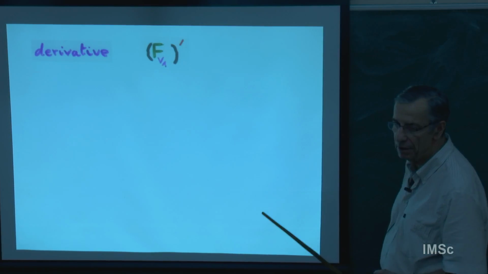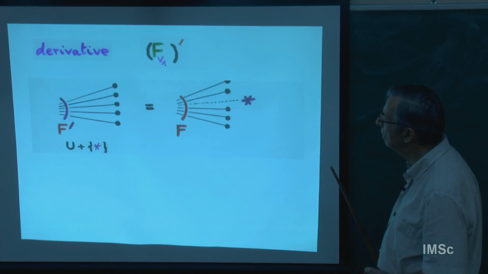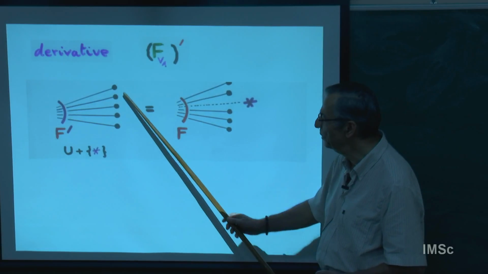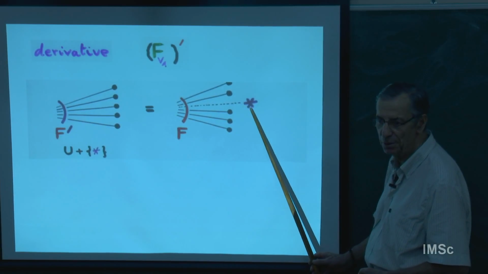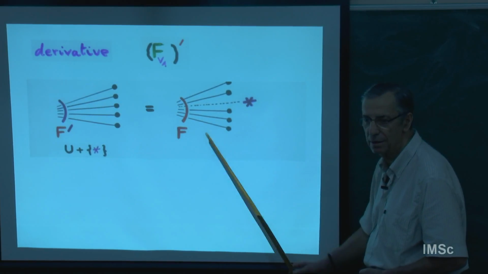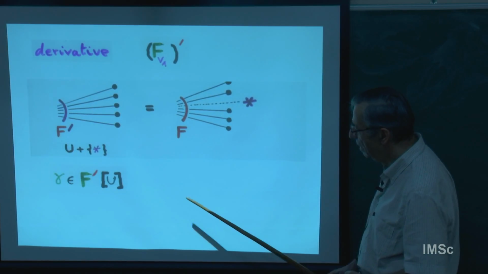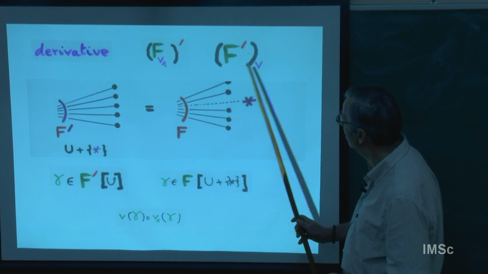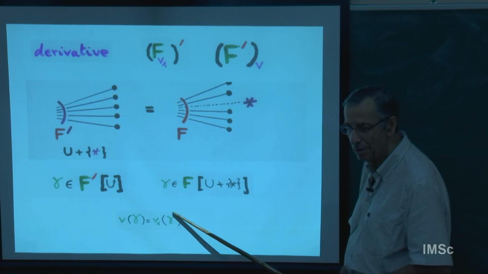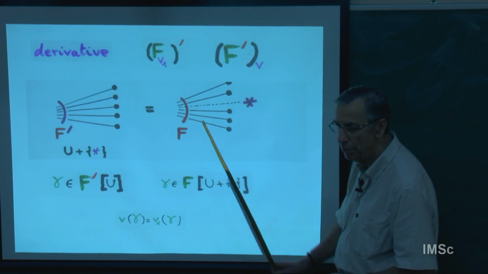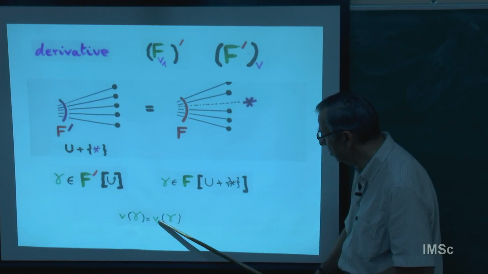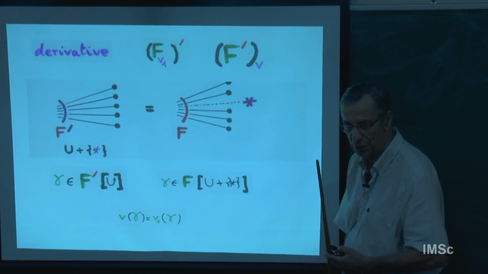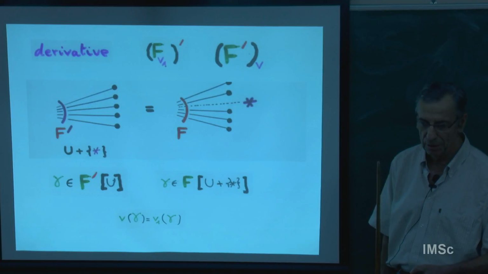And finally, the derivative of weighted spaces, you remember. To take the derivative F prime structure on U, you have to add an extra point on U, and then you put an F structure on this U plus the star, and what you do is you preserve the weight. The weight for F prime is the same as the weight for F, V of gamma is going to be V1 of gamma. And then the weighted derivative function will be the derivative of the weighted generating function for F.